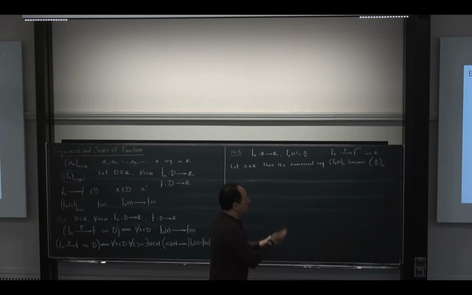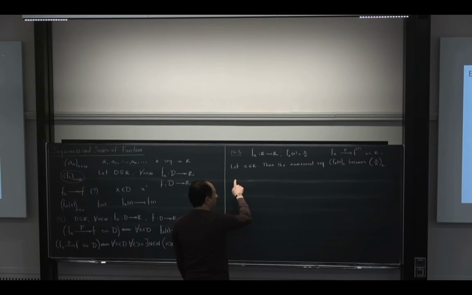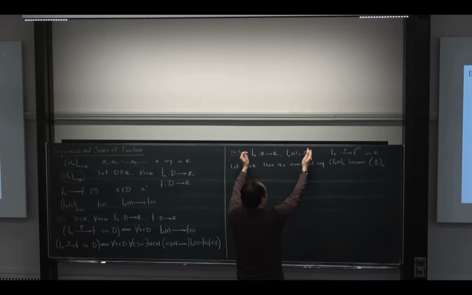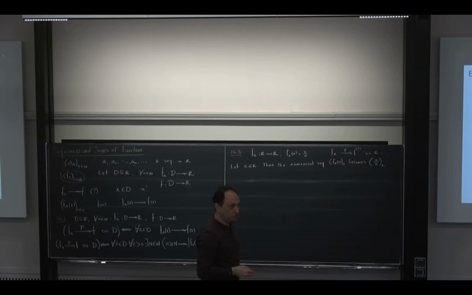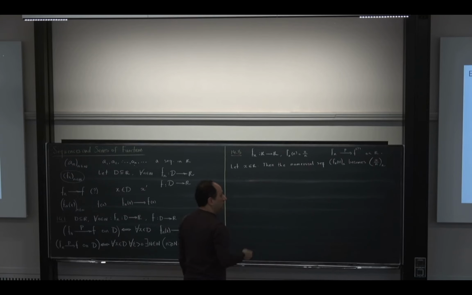Okay? So do you think that this sequence converges? Let us write some of the terms. What is the first term of this numerical sequence? This sequence is a sequence of functions, but because x is fixed, even though you still see x there, it's a sequence of numbers. So if I ask you what is the first term, what's that? x. But x is a number, fixed there. What is the second term? x over 2. What's the third one? x over 3, and it continues. The nth one, and it continues.